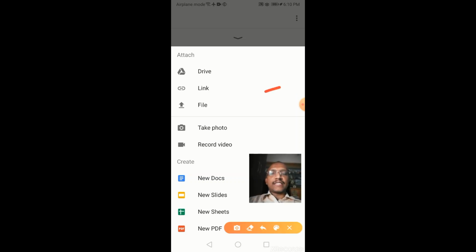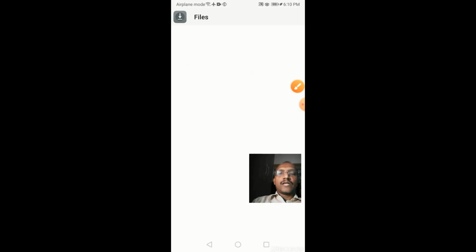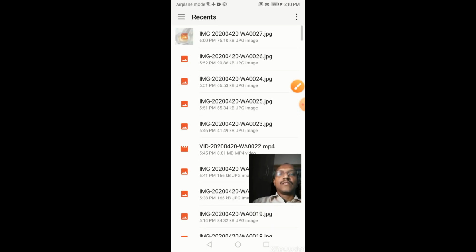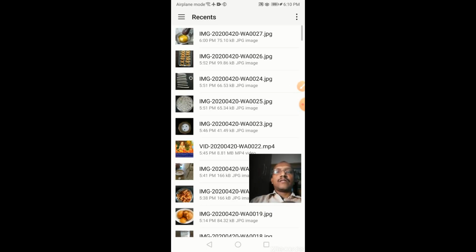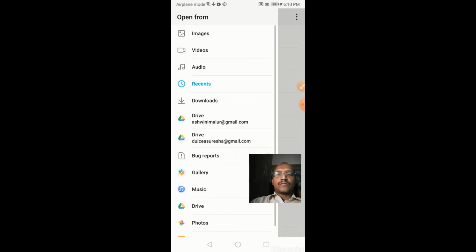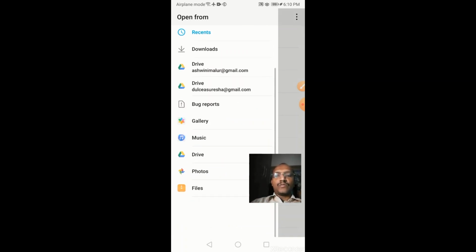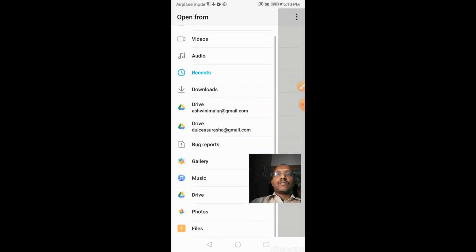First I will select this one because I have stored that file in PDF format and it is in my WhatsApp downloads. Let me check whether it is available or not. Click on file. Here, it must be in WhatsApp.